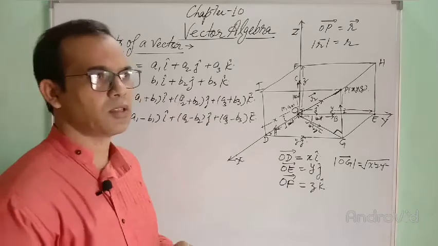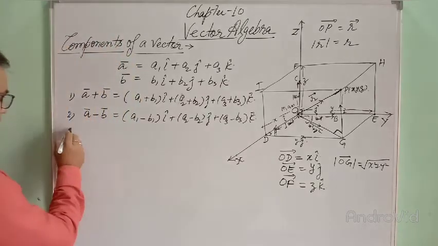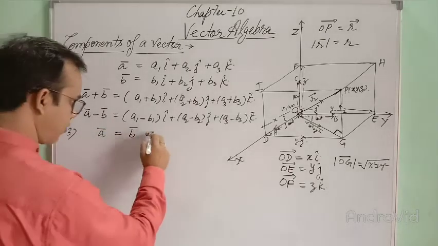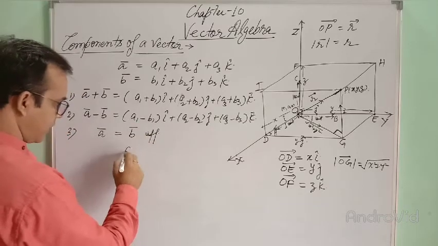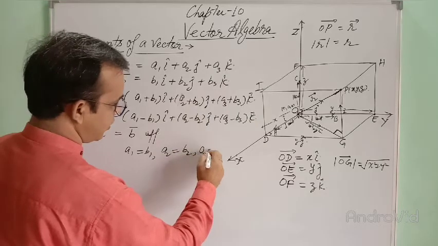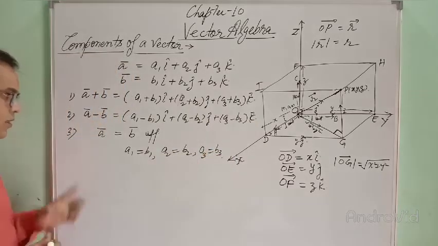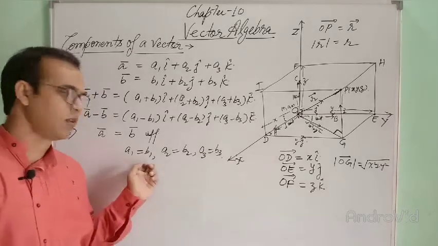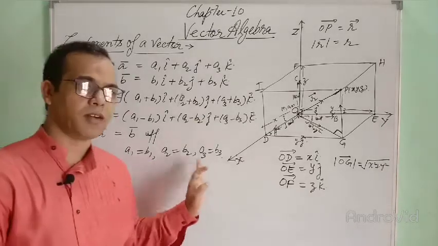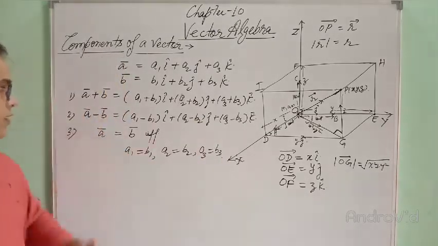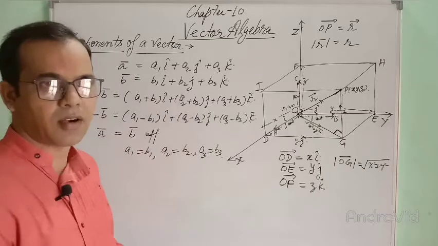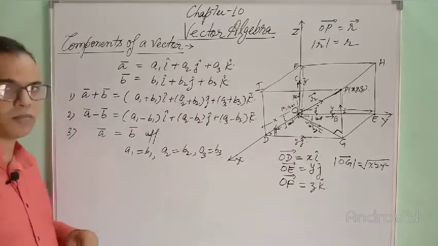Now let's consider, suppose there are two vectors, a vector and b vector, that are given to be equal, means a vector equal to b vector. That is possible only if a1 equal to b1, a2 equal to b2 and a3 equal to b3. Means if the two vectors are equal, then we will have the results a1 equal to b1, a2 equal to b2, a3 equal to b3. Or in case when a1 equal to b1, a2 equal to b2 and a3 equal to b3, then we can say that the vectors are equal. Okay, it is the meaning of iff, if and only if, means the results hold from both the sides.